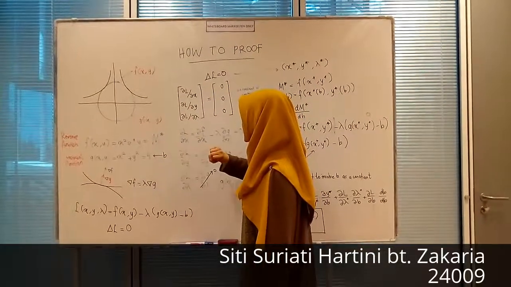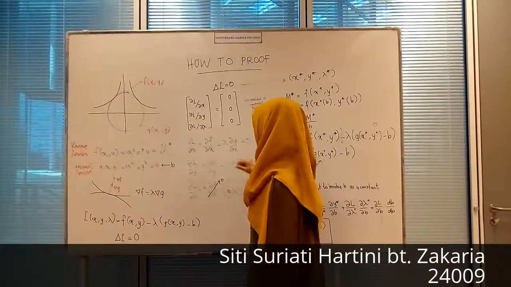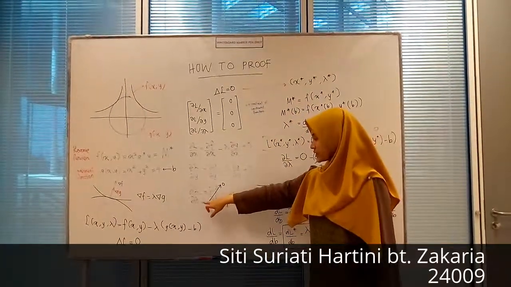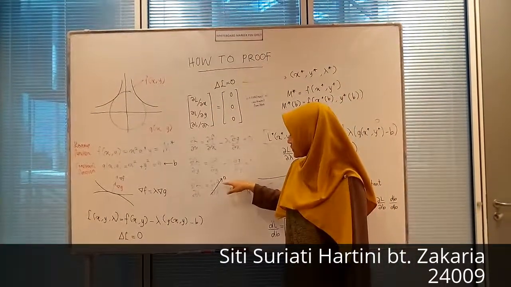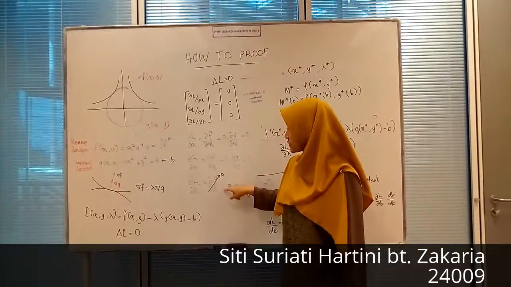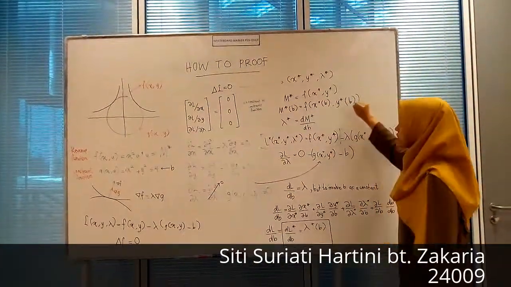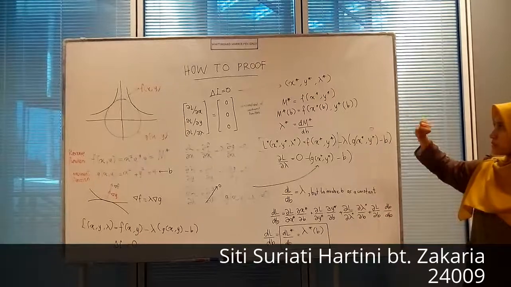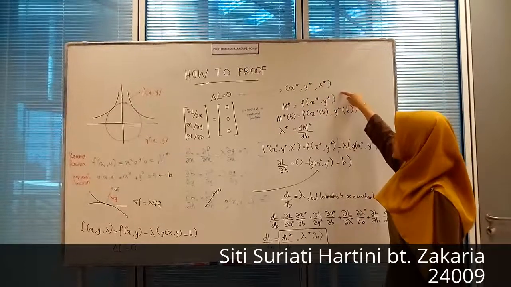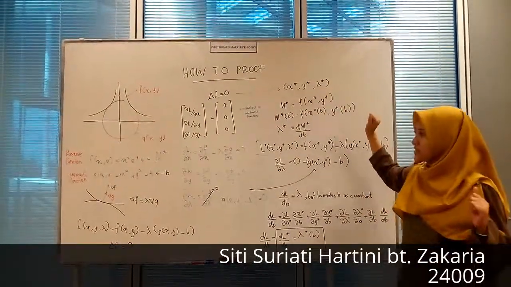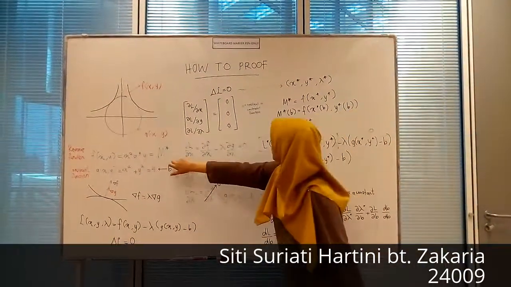When we differentiate L with respect to x, it is equal to 0. With respect to y, it is equal to 0. And when we differentiate with respect to lambda, it is also equal to 0. The differential of function f with respect to lambda is equal to 0, definitely, because there is no lambda in it. For the gradient of L to be equal to 0, we have to find the values of x, y, and lambda. For these values, we put a star to mark that it is the maximum value. M star is equal to f(x star, y star) from there.